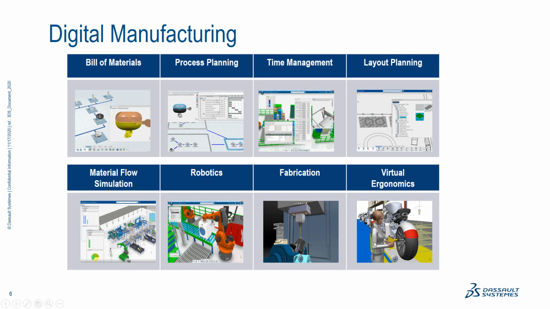And finally, the last type of resources after the robots and CNC that we can simulate also is the human, so virtual ergonomics, how to make sure that your operator on the shop floor will be able to perform the job in a safe environment, and to validate also the feasibility of the operation.